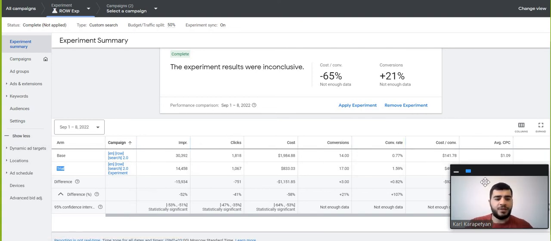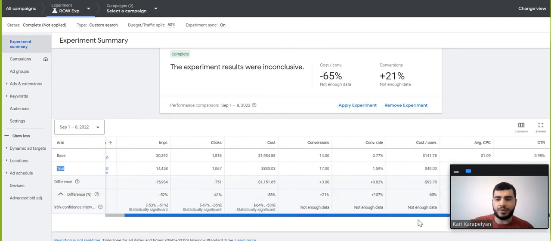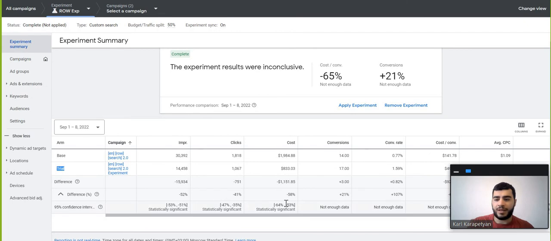As you can see, our experiment has been running for only 7 days, but as a rule of thumb, let experiments run for at least 2 weeks. It's very important. For example, as you can see, we don't have enough data on our conversions, and